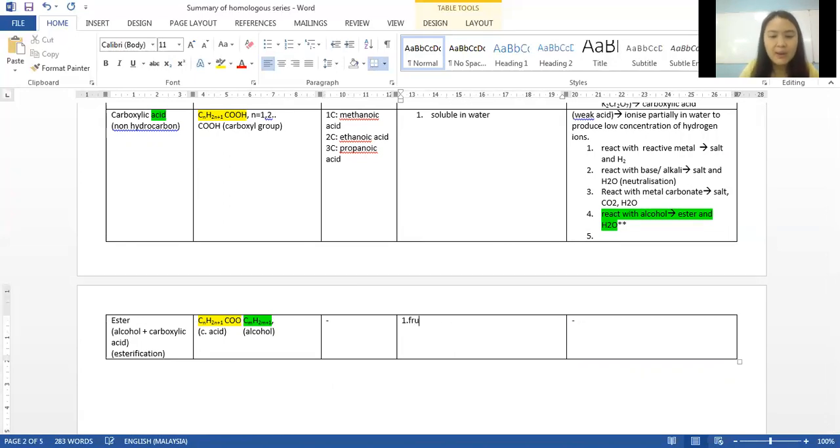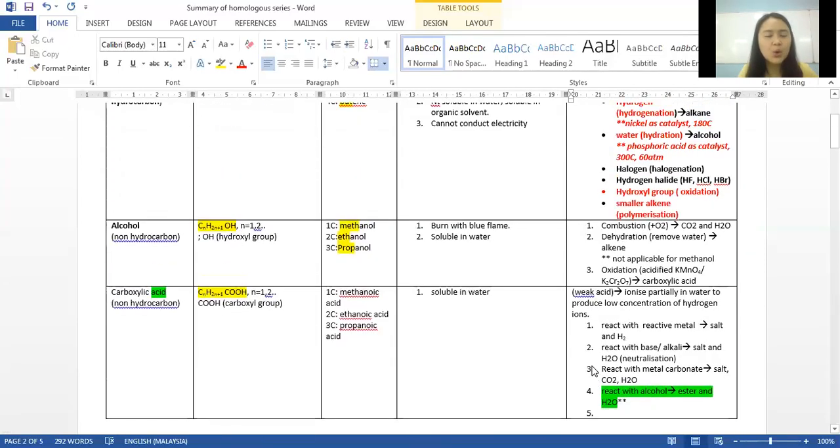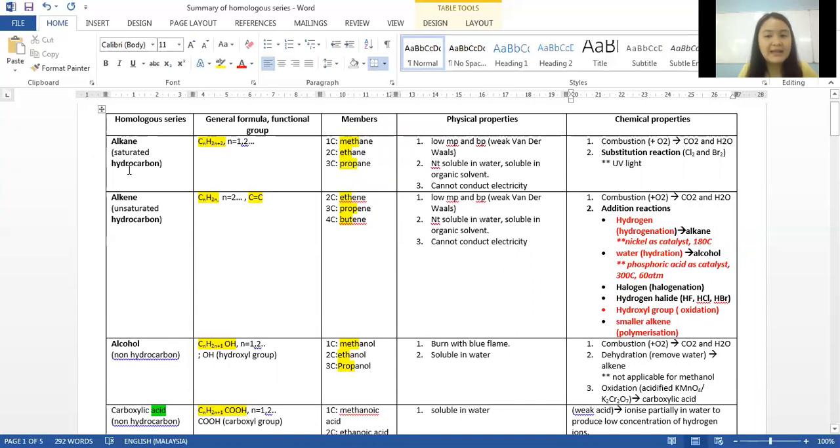Esters are a group of carbon compounds that have a fruity or very fragrant smell. They are normally not soluble in water, except for one member called methyl methanoate. As for chemical properties, we don't cover them under the SPM syllabus. So with that, we have done a very quick summary of the basic things you need to know